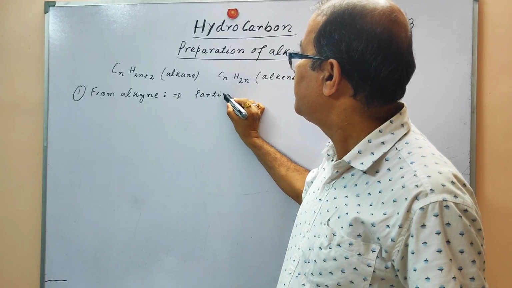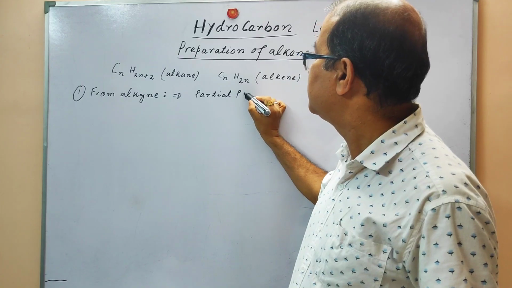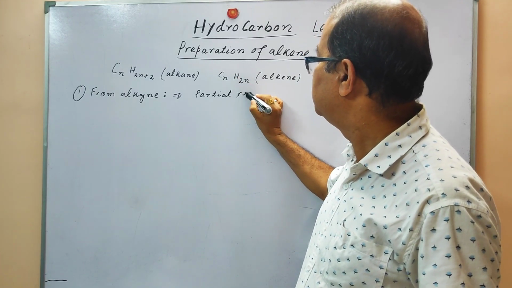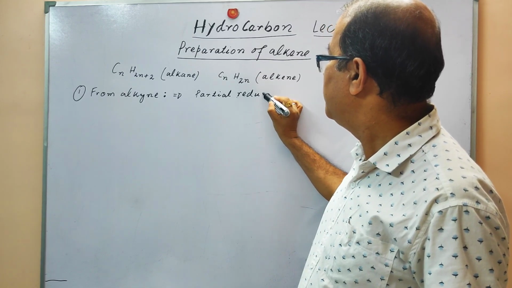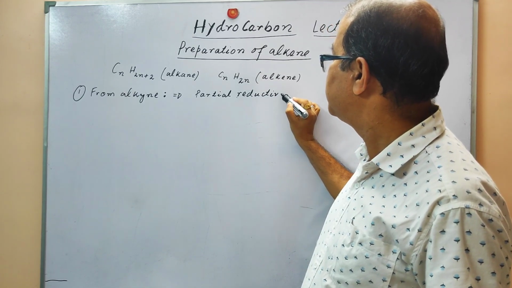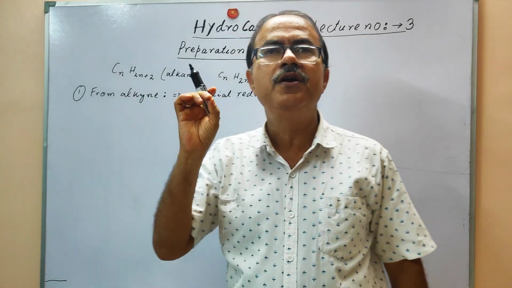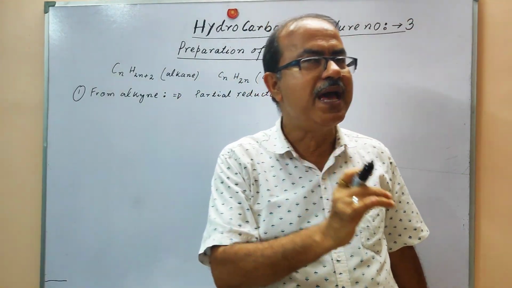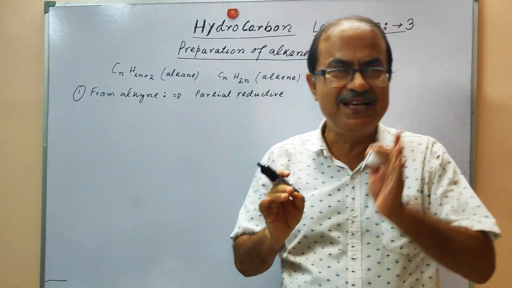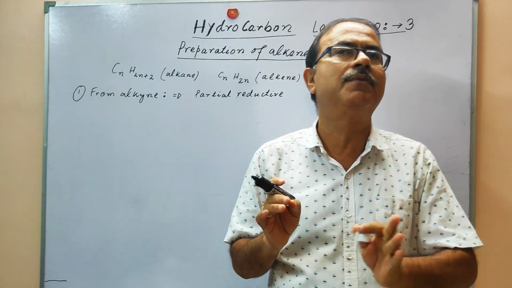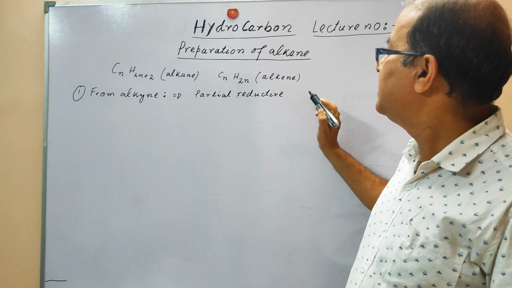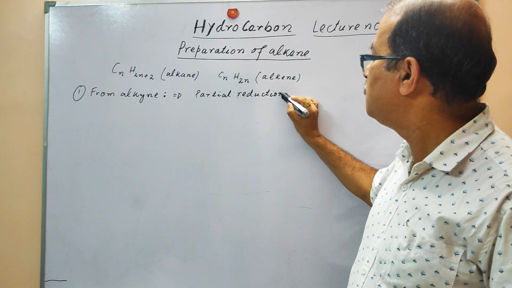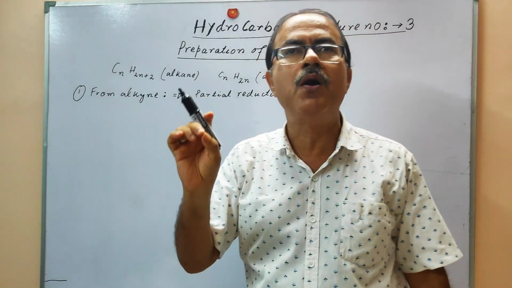Why are we talking about partial reduction? Why do we call it partial reduction? Partial reduction means that if we reduce this alkyne completely, it can convert into the alkane, but we have to restrict this reaction up to the alkene, that is, up to the double bond. So partial reduction means that we have to apply a calculated amount of hydrogen